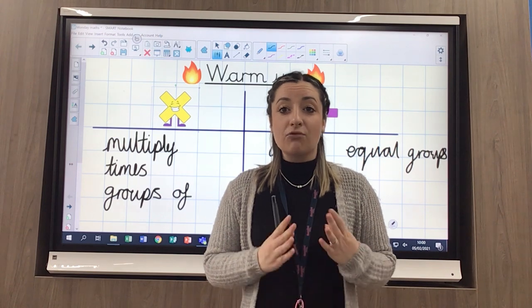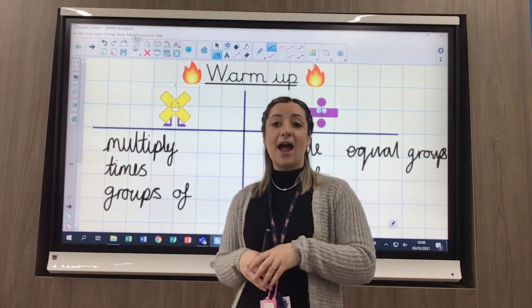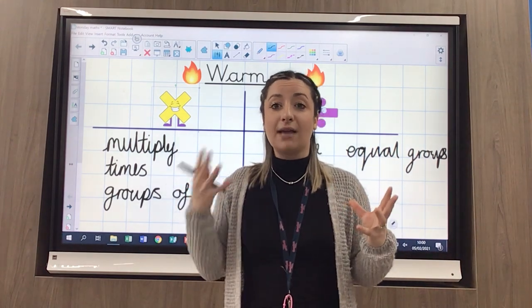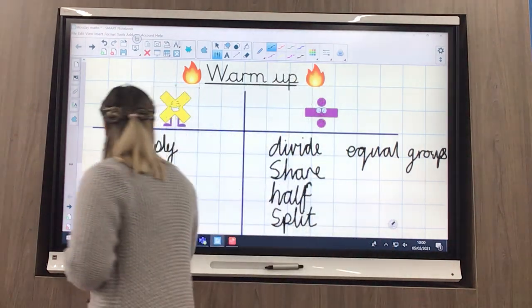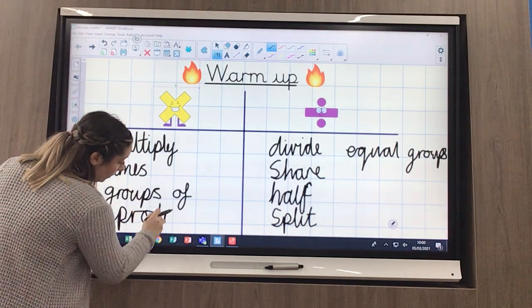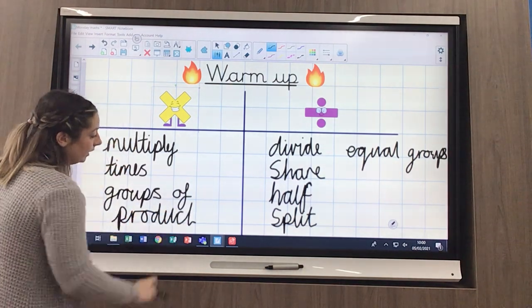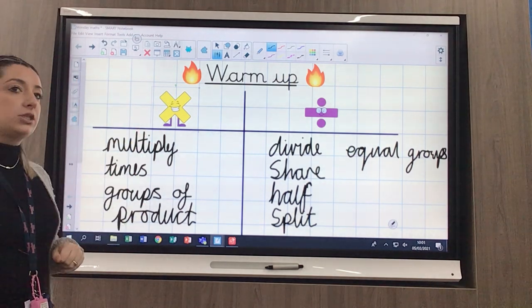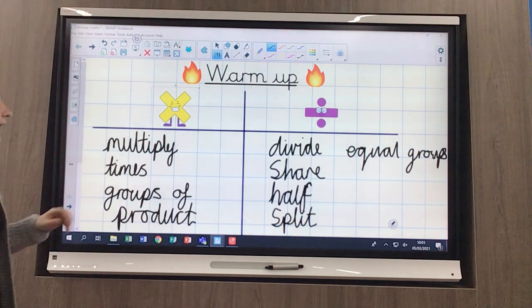It is product, isn't it? So when they say find the product of 5 and 3, it means we need to do 5 times 3. So I'm going to write product down here as well, and that was our new vocabulary that we looked at last week. Okay, so just to warm up, those are some of the words that we can use in our maths vocabulary for our